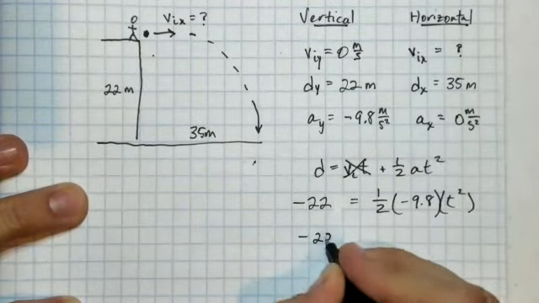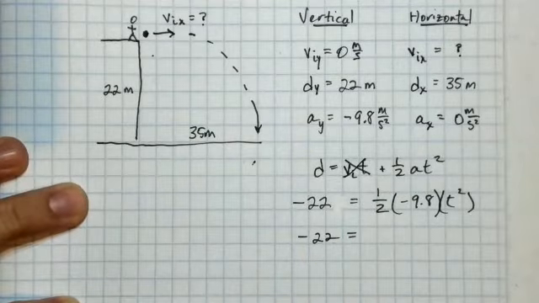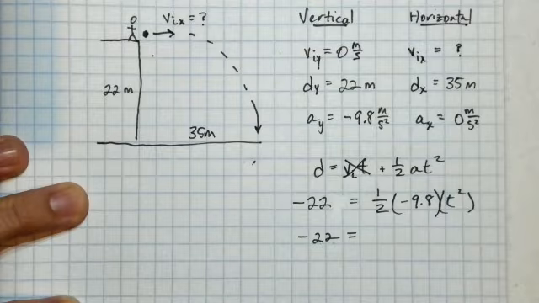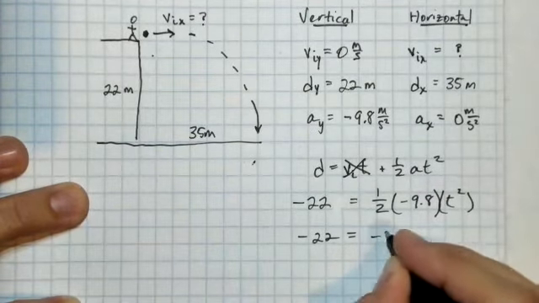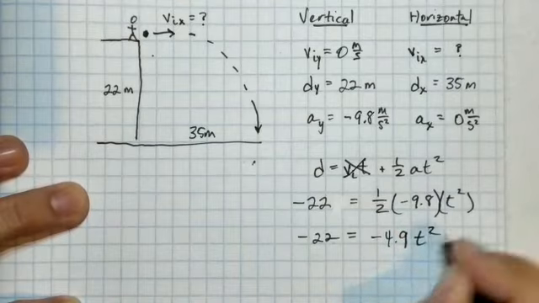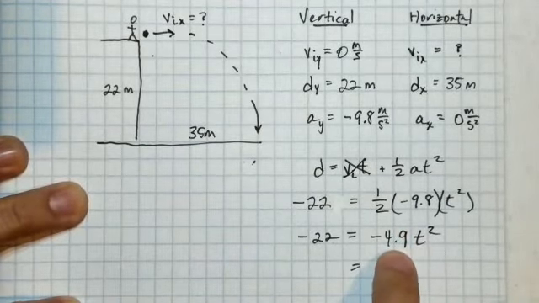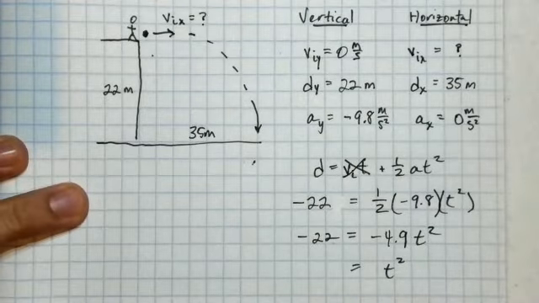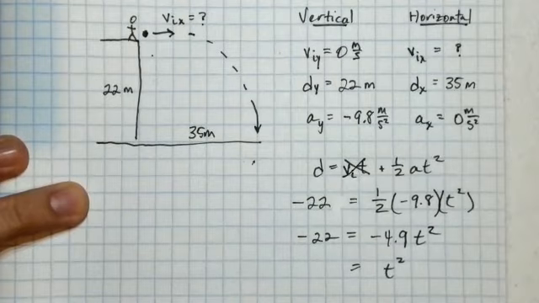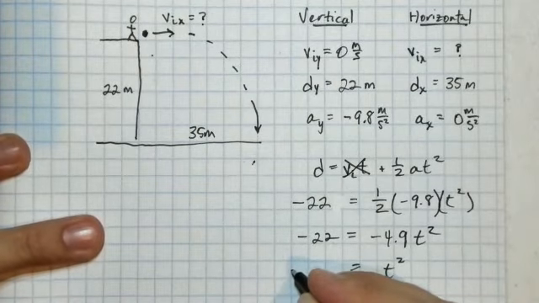So my next step, negative 22 equals, and on my handy dandy calculator, I know that 9.8 divided by 2, or 9.8 times 1/2 is 4.9. And then if I solve for t squared by dividing both sides by 4.9, I get 22 divided by 4.9. That's equal to